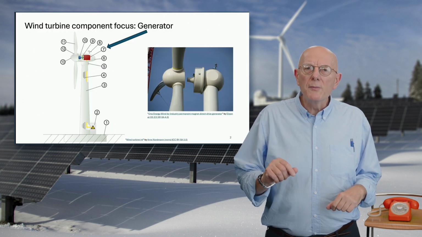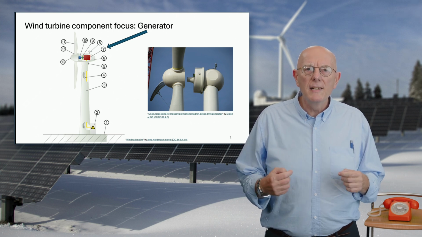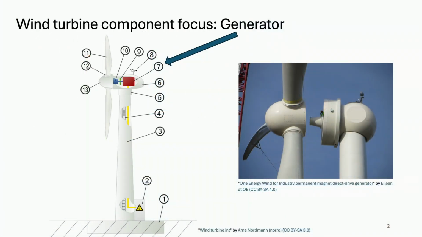You are already familiar with the main components of a wind turbine. And as a reminder, we see here an example of where the large electrical generator is located. As the wind drives the blade round, so the generator turns and generates electricity. This is done either via the gearbox or driven directly.